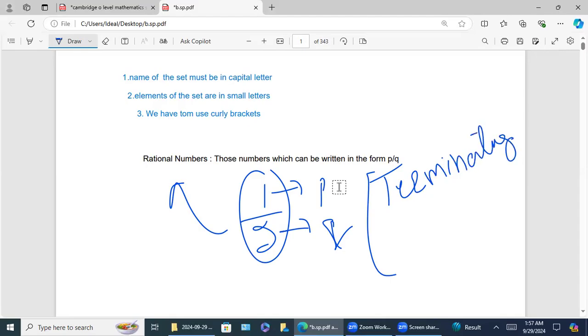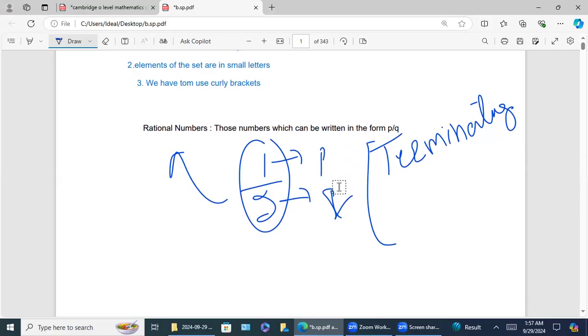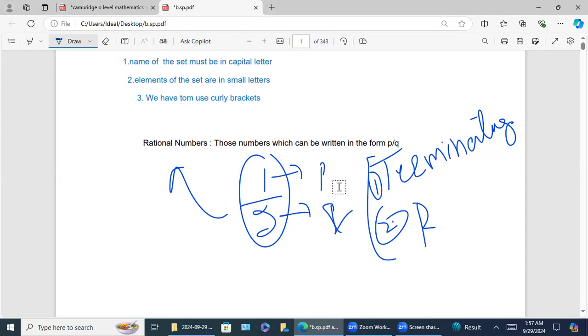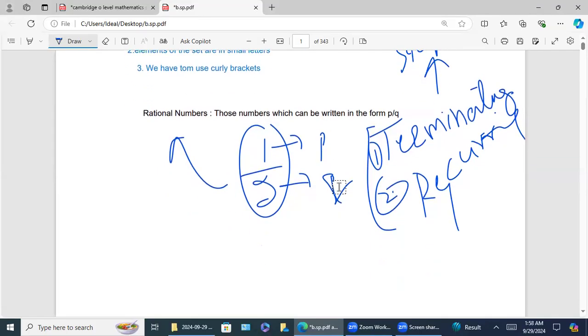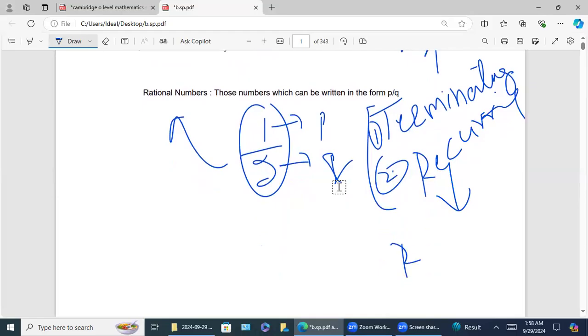Must be terminated. And if the answer is not terminating, then it is an irrational number. Another point: number 1 is terminating, number 2 is recurring. If it is not terminating, then it must be a recurring number. What do you mean by terminating? What is recurring? It is repeating